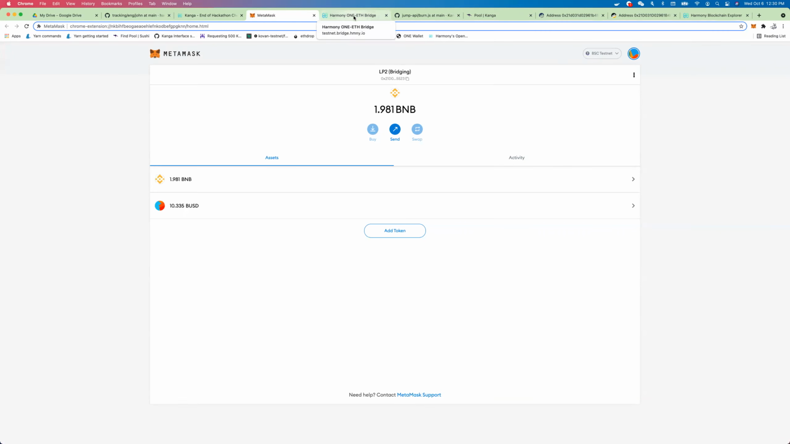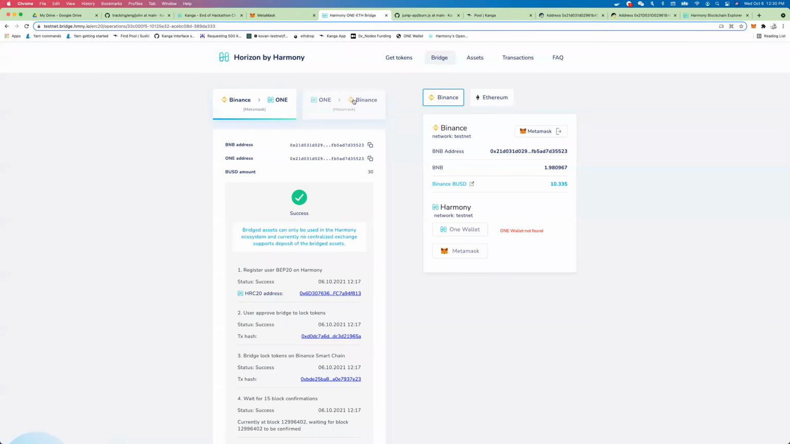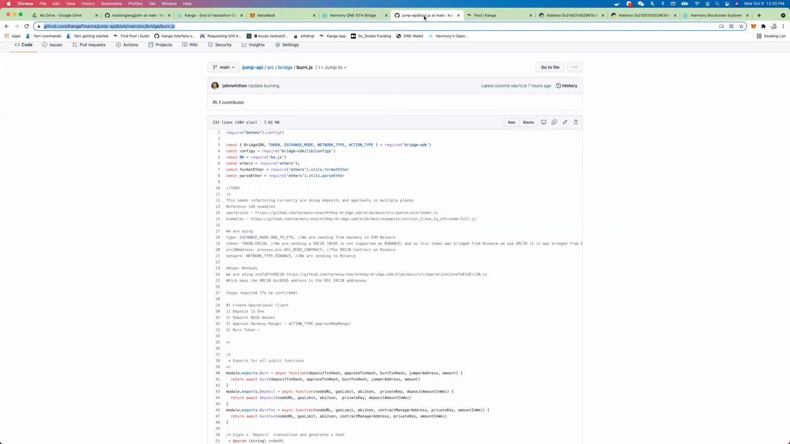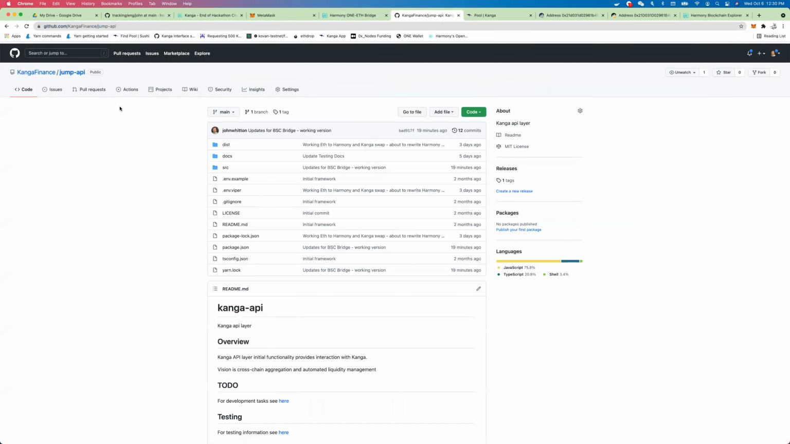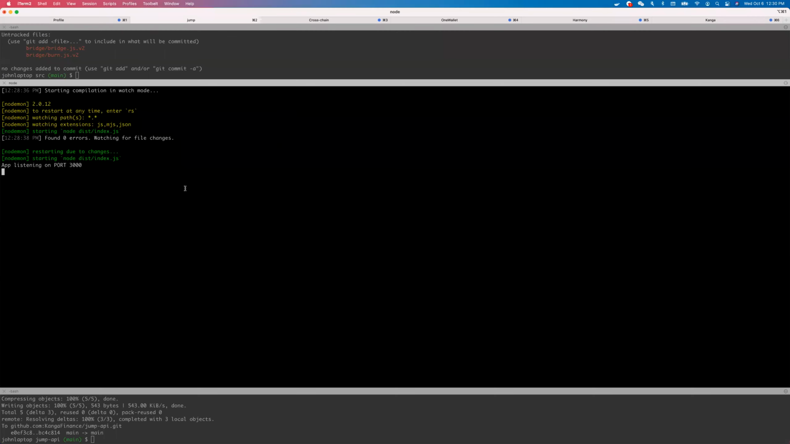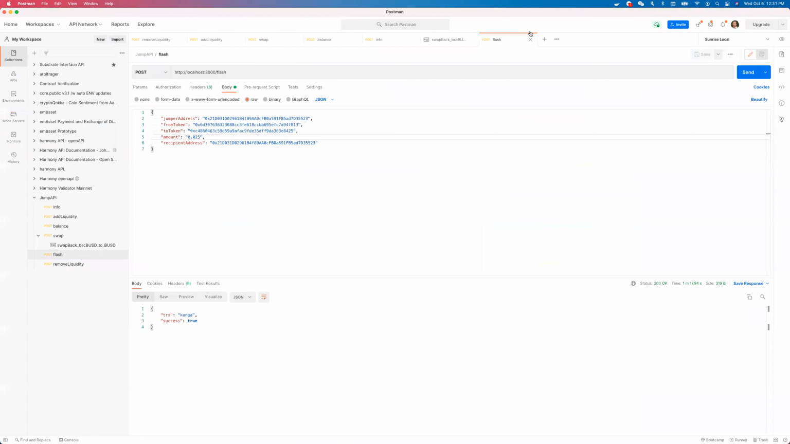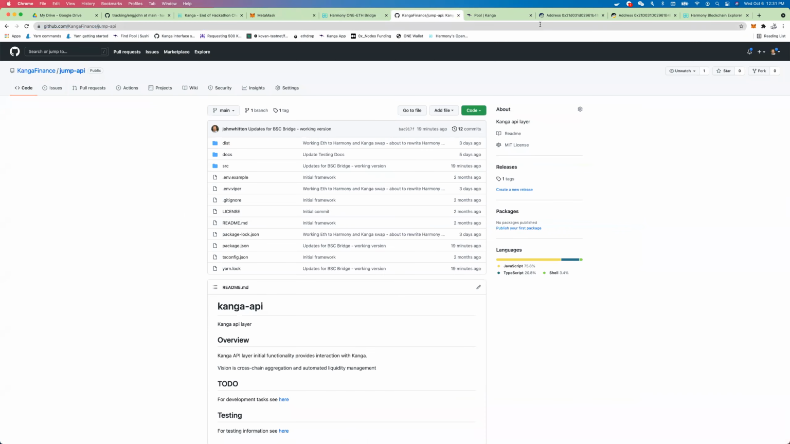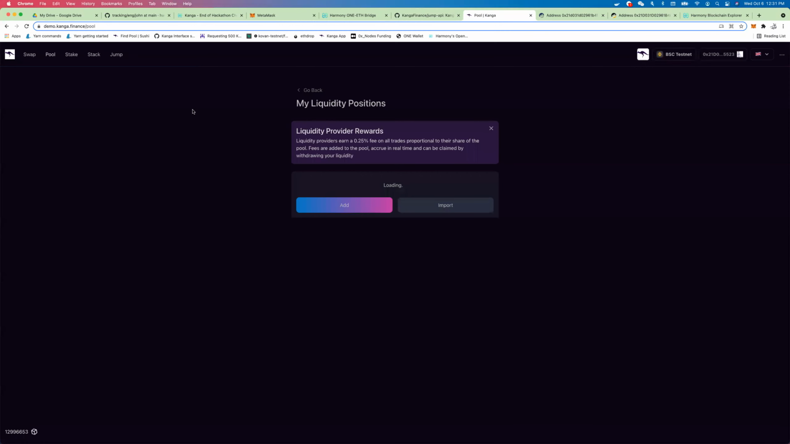Okay, this functionality builds upon the Harmony bridges, not using the front end, but using the back end infrastructure and the bridge SDK. And this basically leverages the Kanga Jump API, which we're running here. We're running this locally on port 3000. Okay, so to do this, we use Kanga Liquidity Pools. So if you look here, we've created a pool